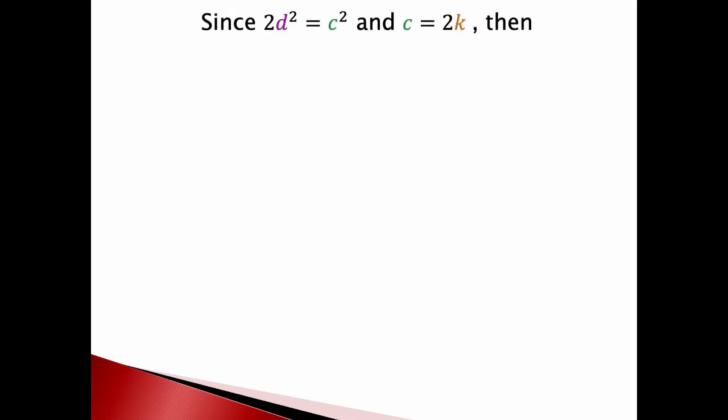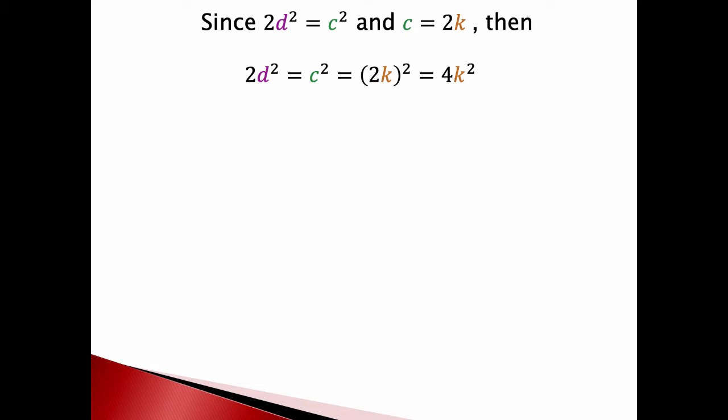Well, let's erase all this and get a clear screen here. So if c is equal to 2k, and I knew that 2d squared equals c squared because that was the original equation we started with, let's take that 2k and substitute in there for c. Okay. When we do that, we get 2k parentheses squared. And of course, if we square that, that becomes 4k squared. Okay, so what? Well, 2d squared equals 4k squared.